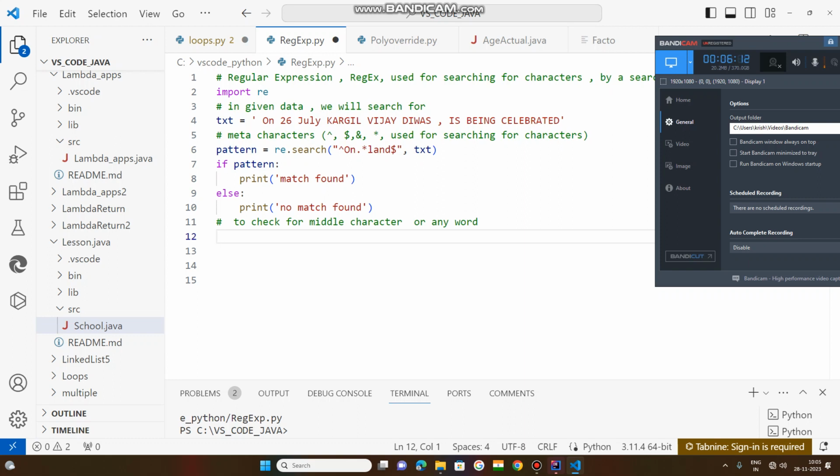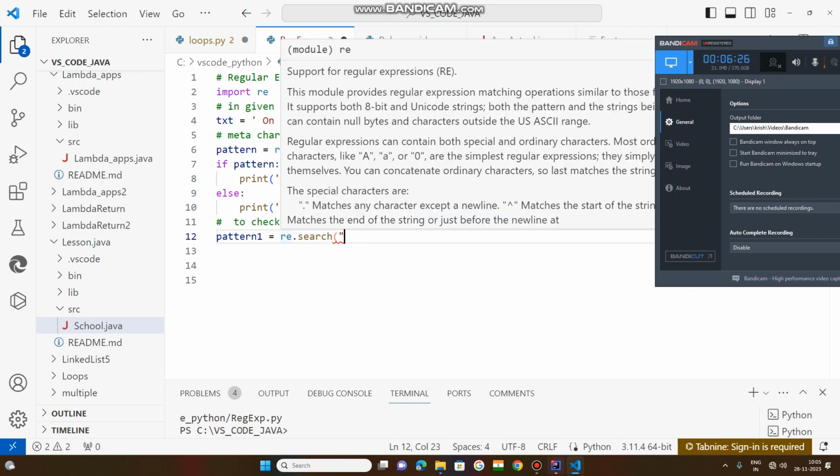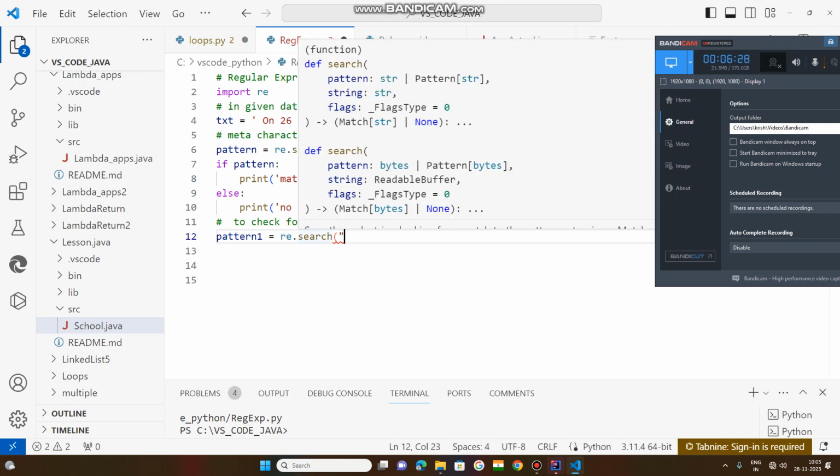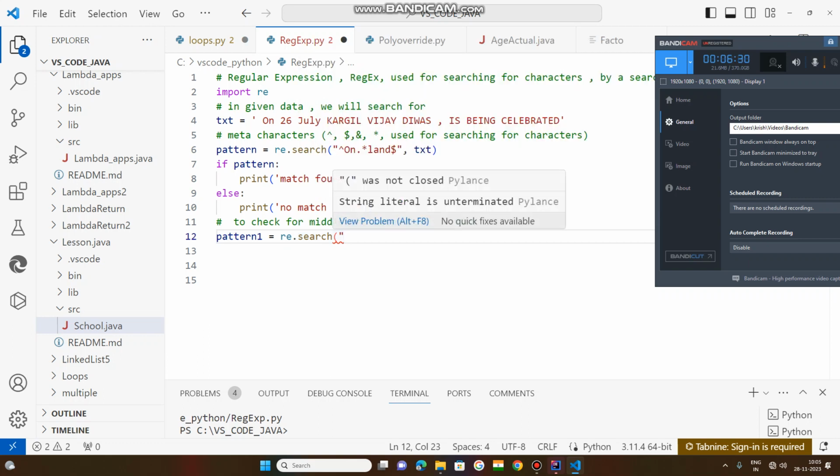So here you take it as pattern 1. Now pattern 1 is equal to what? Again we need to use this module and the function. Now within this we need to